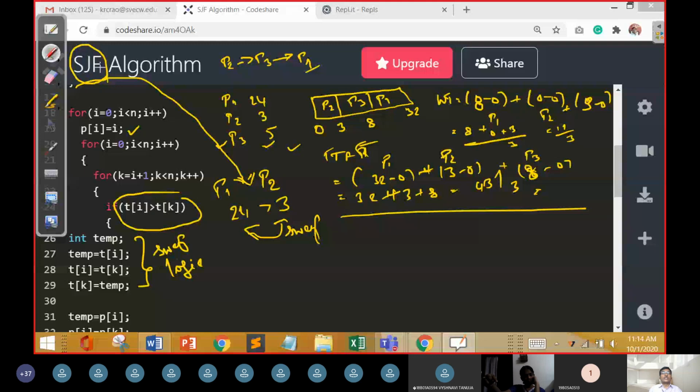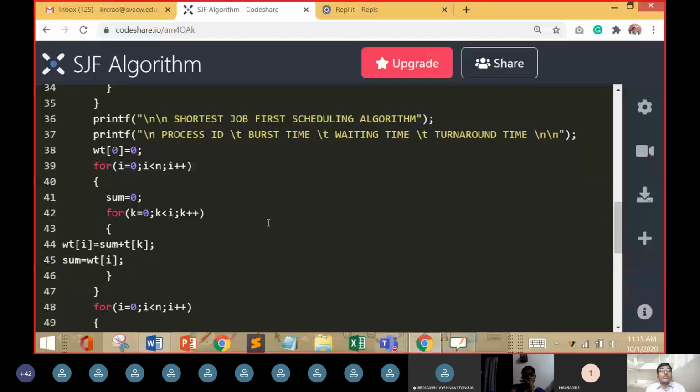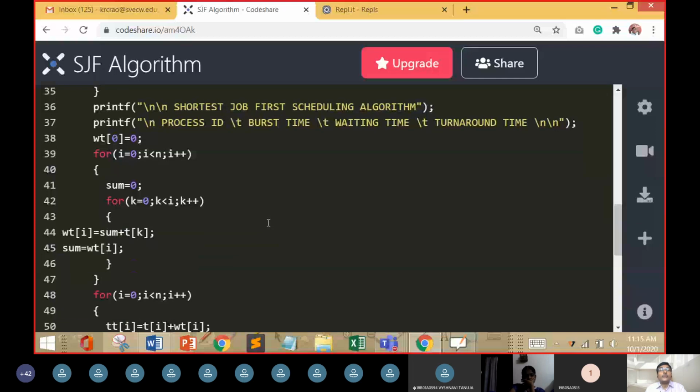So to estimate the shortest job first, we are going to take the first process, that is P1. The next process we are going to take up is P2, and we are going to make a compare operation between them, the first one and the second one. Then we are going to make a swap operation. So that is regarding this aspect. After the swap operation, then we are going to mention this.